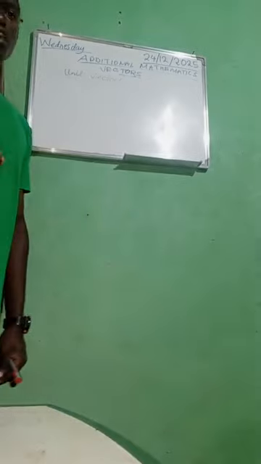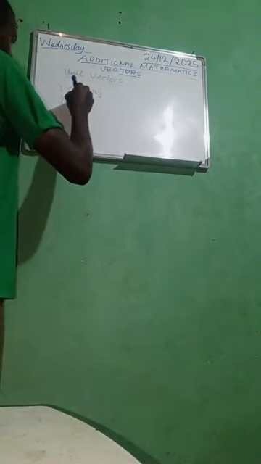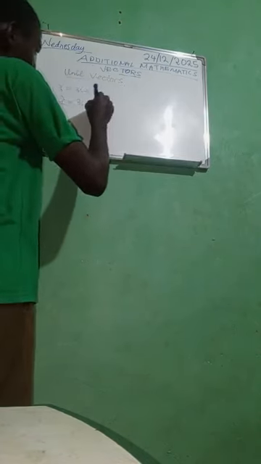If you're given a vector and asked to find the unit vector, what do you do? Vector A is equal to 3i plus 4j. Vector A hat is equal to this vector 3i plus 4j